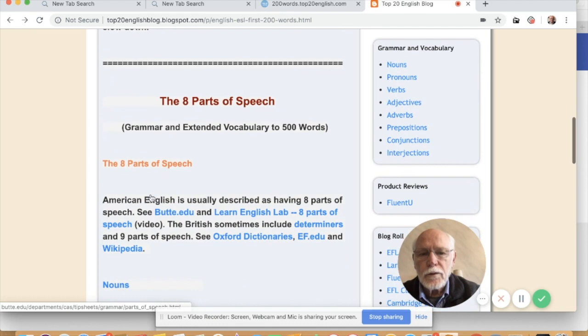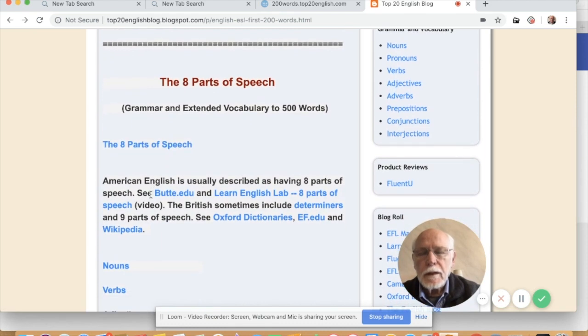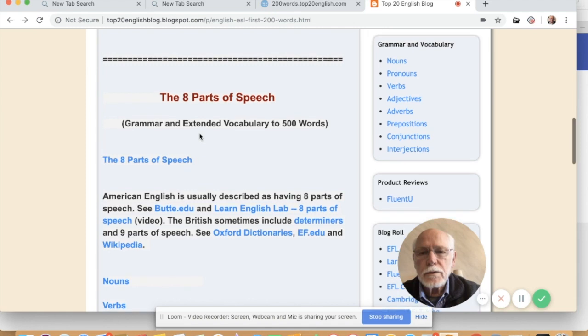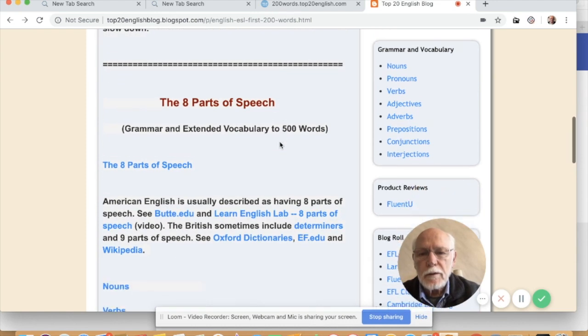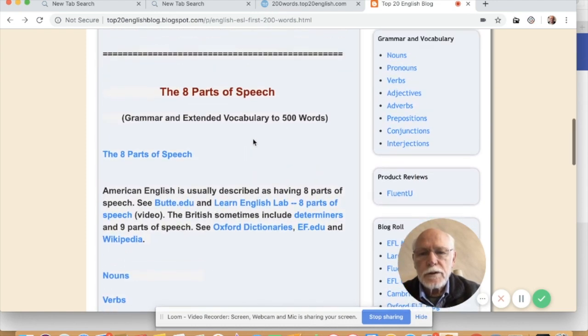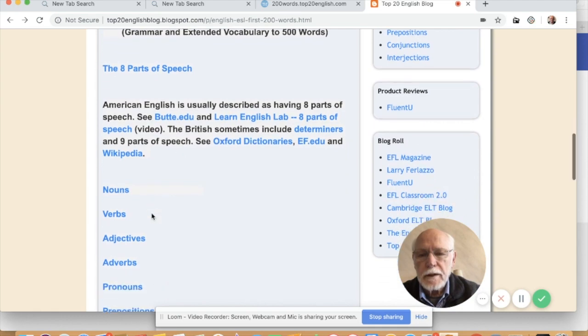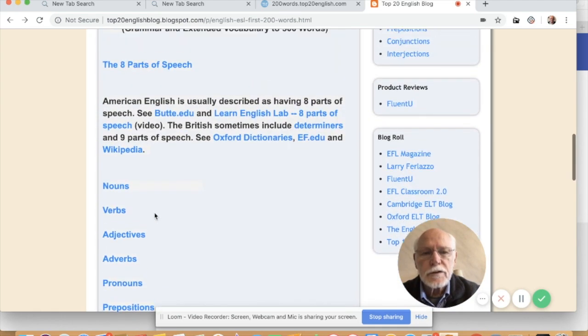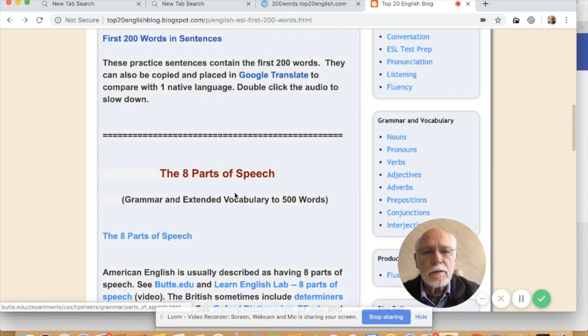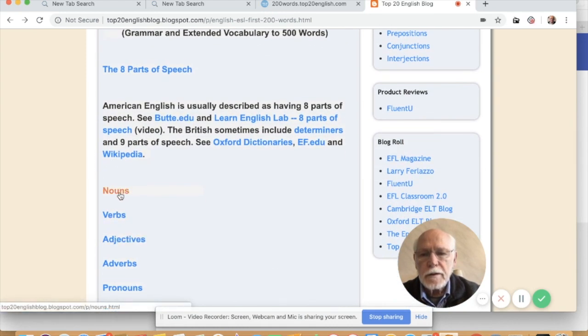But going down further on this page, we use a vocabulary building part and a grammar part, and it was broken down into 8 parts of speech as well. So here under 8 parts of speech, we have, again, the nouns, verbs, adjectives, adverbs, pronouns, prepositions, conjunctions and interjections. And this is the same over on the right-hand side here under grammar and vocabulary, and these are the same links. So when you come down here and click on nouns,